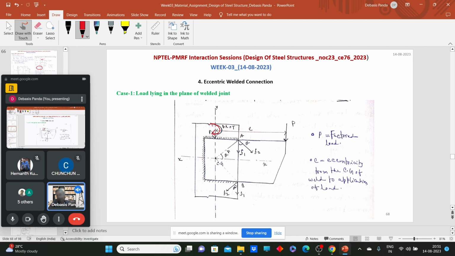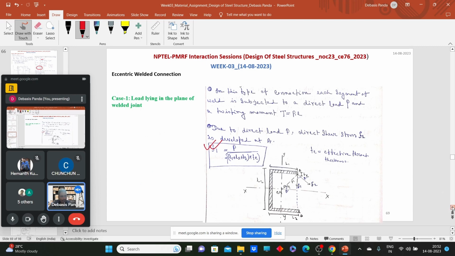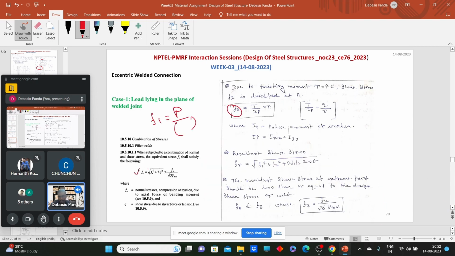So how can we find out the value of twisting moment? It's easy, we have the formula. If we know the polar moment of inertia, we can find out the twisting moment. Then here we have a stress due to direct shear. We have a shear stress Q1 due to P, Q2 due to the twisting moment PE. We need to find out the resultant stresses, using the formula we have already discussed: Fe is equal to the square root of F square plus 3Q square. Then we need to equate it with the strength, whatever we need to transfer